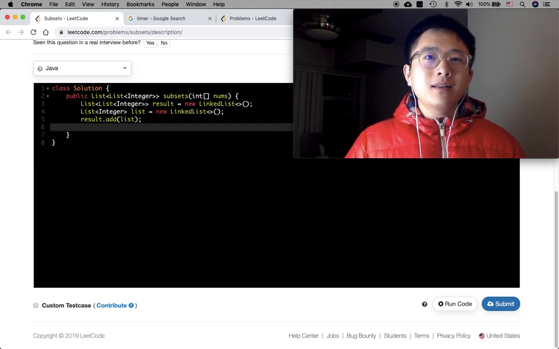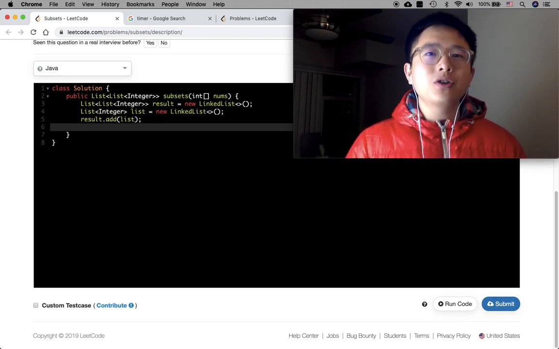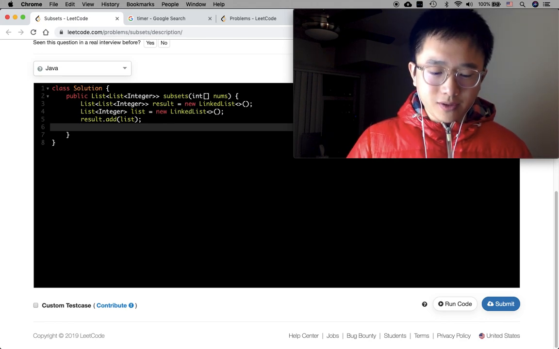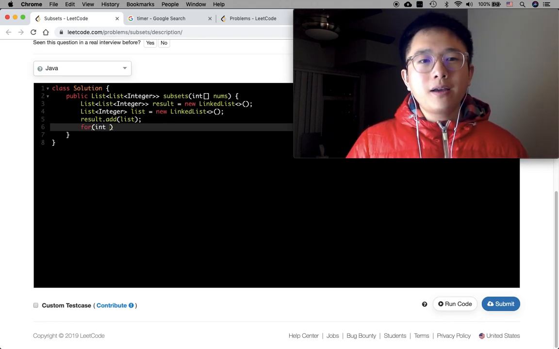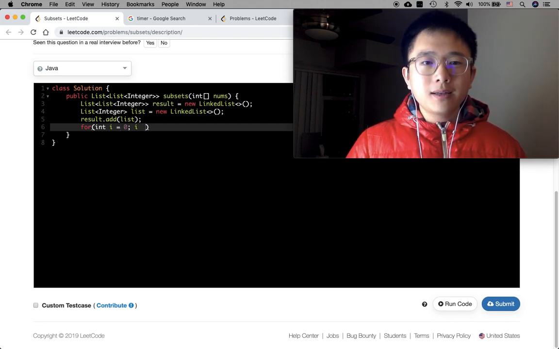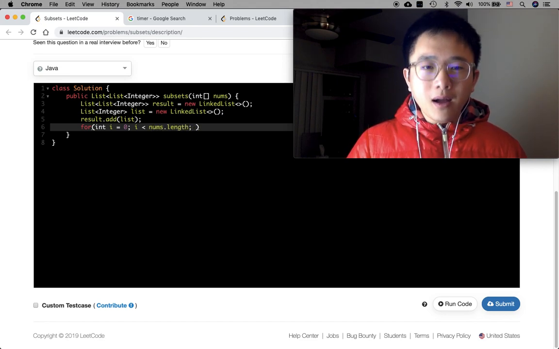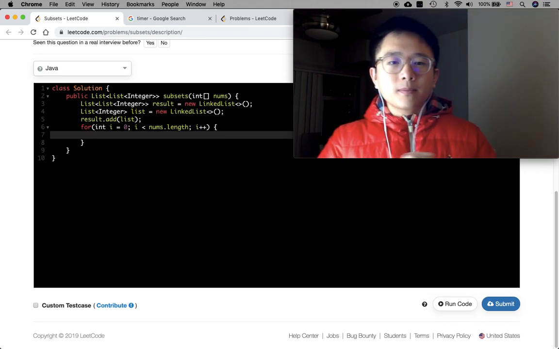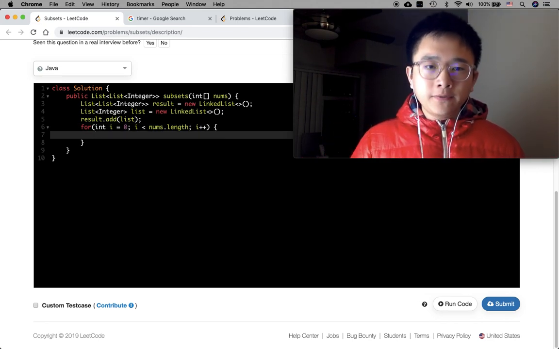And now, based off of this point, we have a starting point. It's time for us to start doing an induction, which is this for loop. So for i equal to 0, i less than nums.length, and then i plus plus. Okay, so first of all,